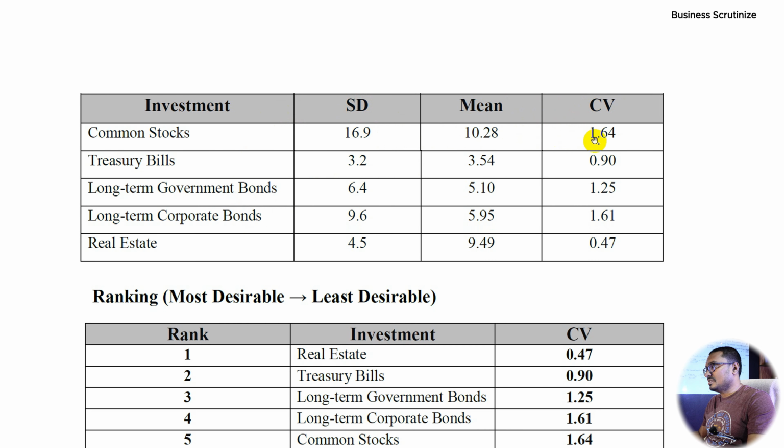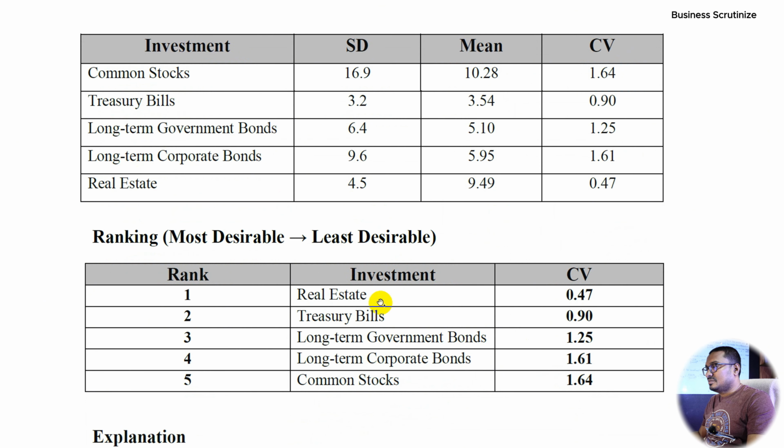So for common stock it is 16.9 by 10.28, giving 1.64. For treasury bills, 3.2 by 3.54, so we get a CV of 0.9. For long-term government bonds, 6.4 by 5.1, we will have 1.25. In this way, for long-term corporate bonds, 1.61 coefficient of variation, and lastly for real estate it is 0.47. Now if we want to rank all of this, then we can say